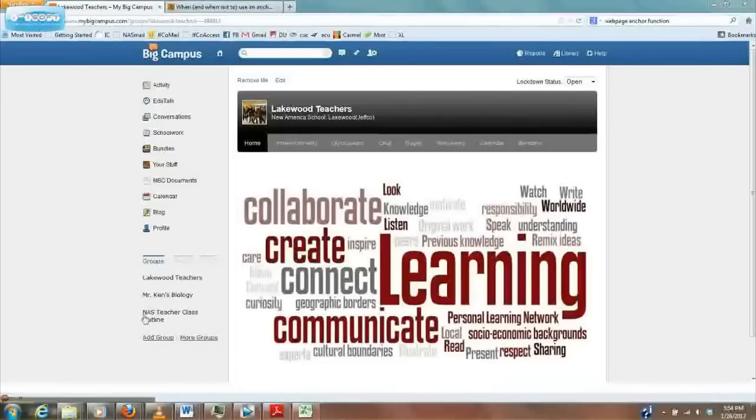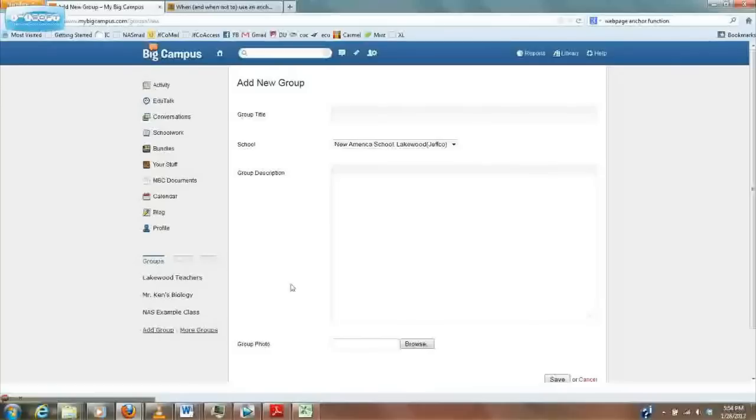So if you want to create a group for you, and that way each one of our teachers would have a group, one for Lakewood teachers, here's Mr. Ken's biology, and I may change that just to Mr. Ken, and then include my other classes under it, so our students don't have 1,000 groups, but we'll see. So to make a group, come down here to add groups, click on it, and you will have a page